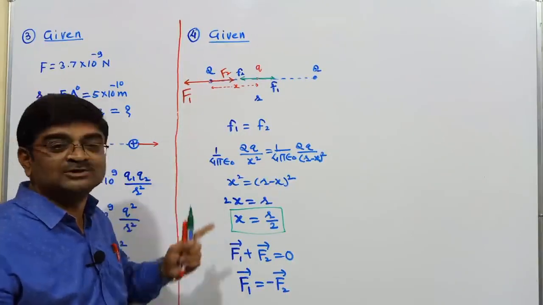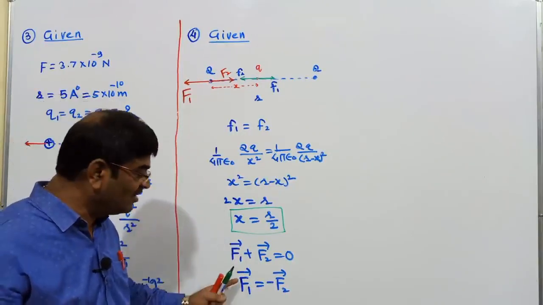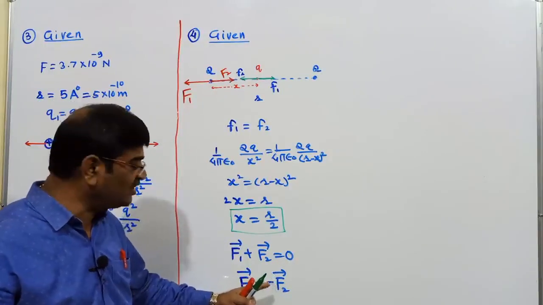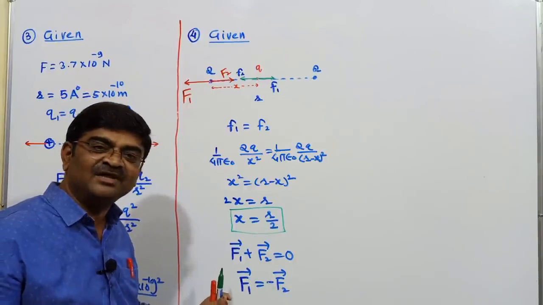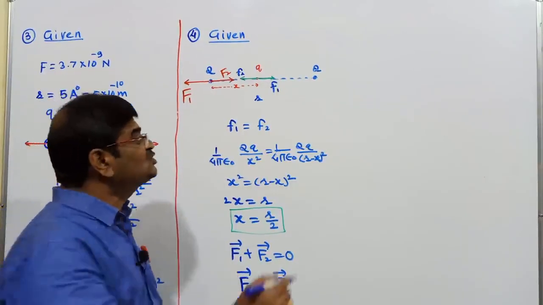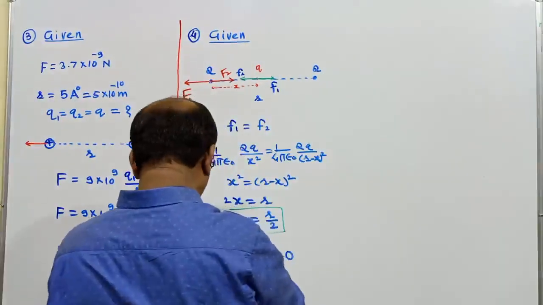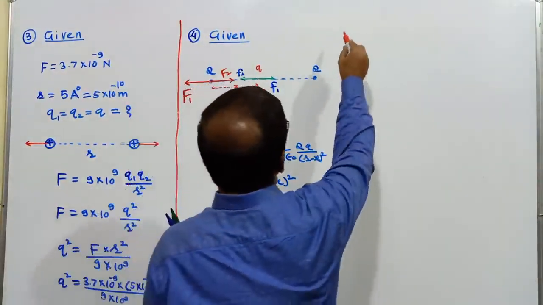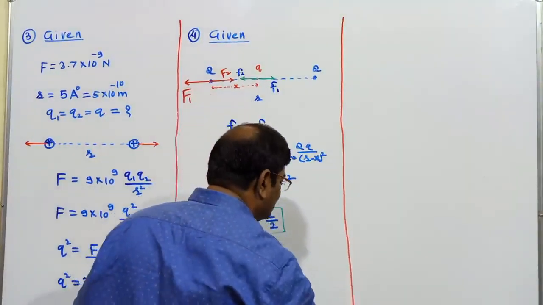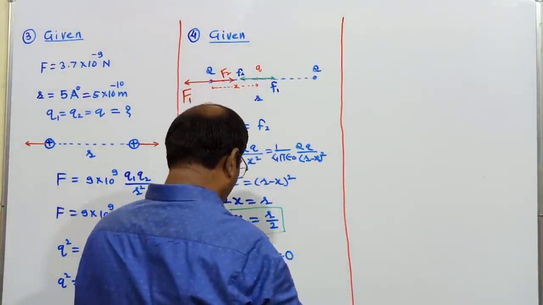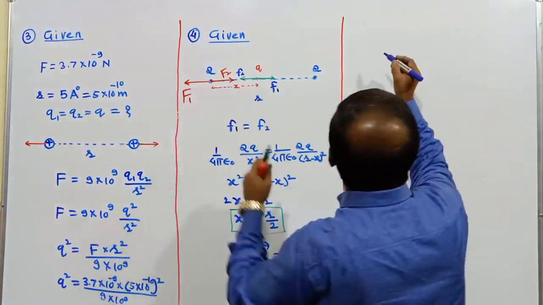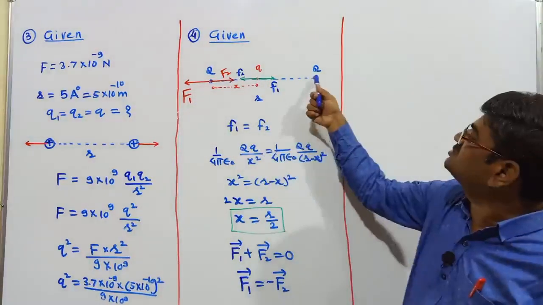And that's what I was talking over there. So F1 equals minus F2, and the minus sign indicates they are oppositely directed. The equal to sign tells you that they are of same magnitude. So then, if they are of same magnitude, we can go ahead. F1 and F2 are of same magnitude as I said. Capital F1 is the force between these two charges.